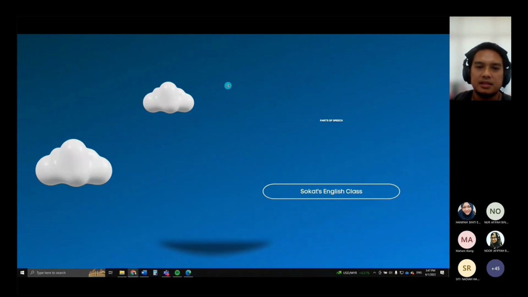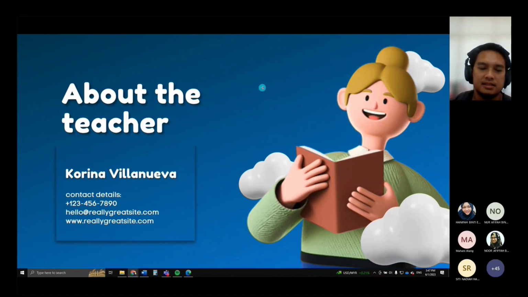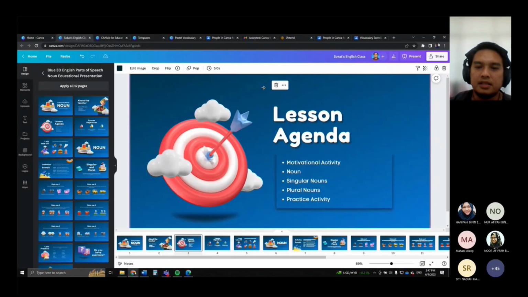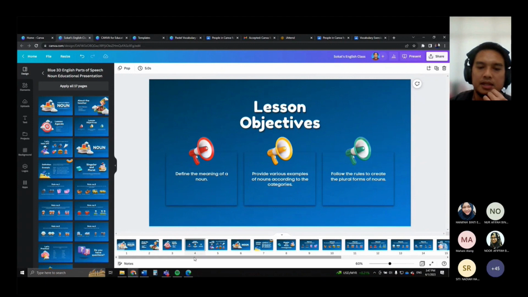And then you can just see everything is well animated, right? And then you can edit it yourself here. So another good thing about using Canva presentation is that